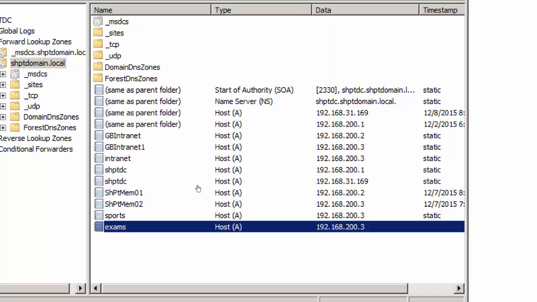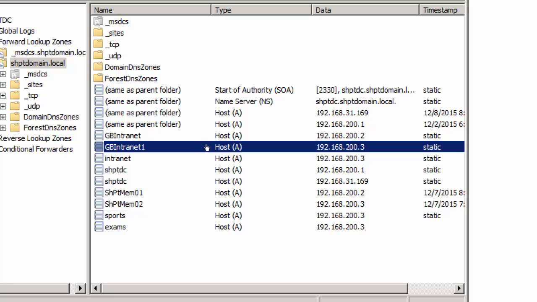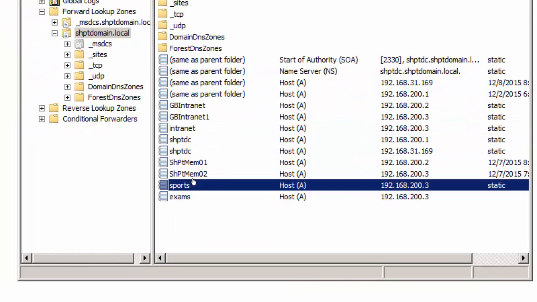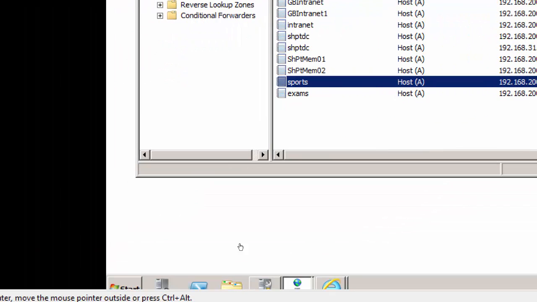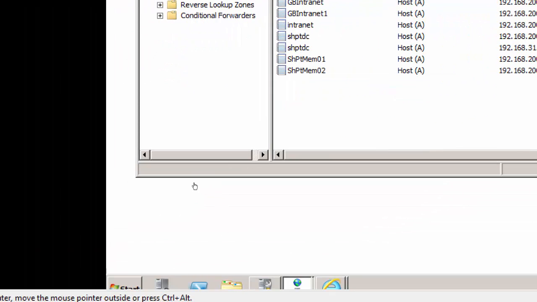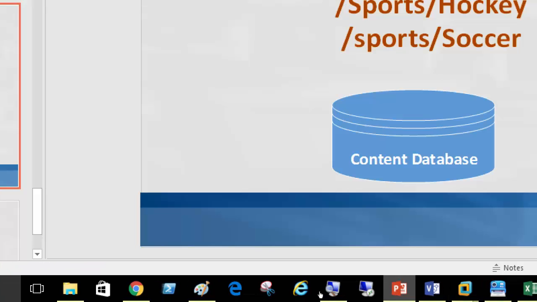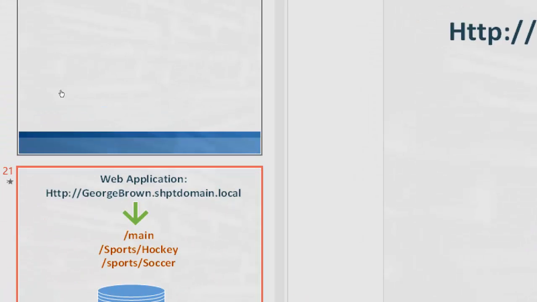So there is that exams A record with the IP address created for that particular web application, right? I have also created, just for practice in my environment, intranet 1 and intranet as well, which we created last time, sports as well, which I just created for practice only, right? Just to check if my environment is up and running. So right now I created the second step I wrote in the